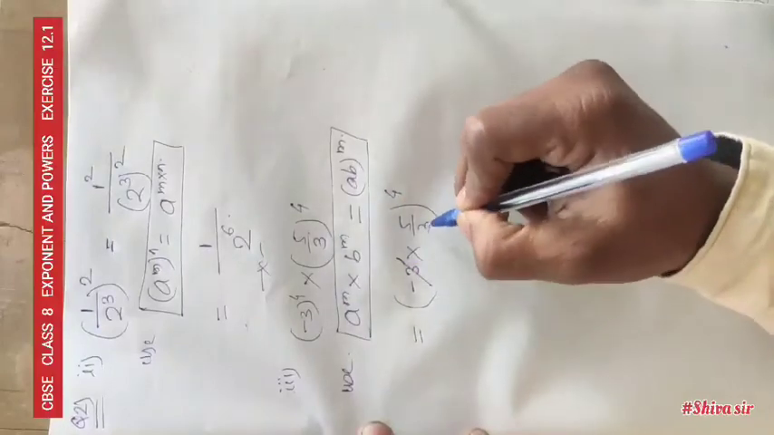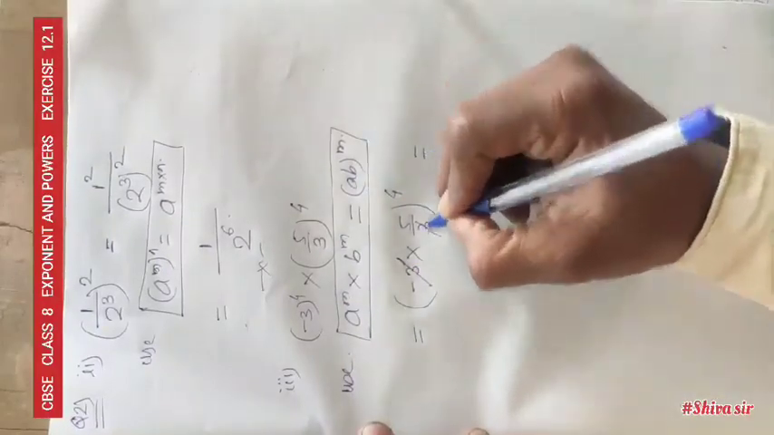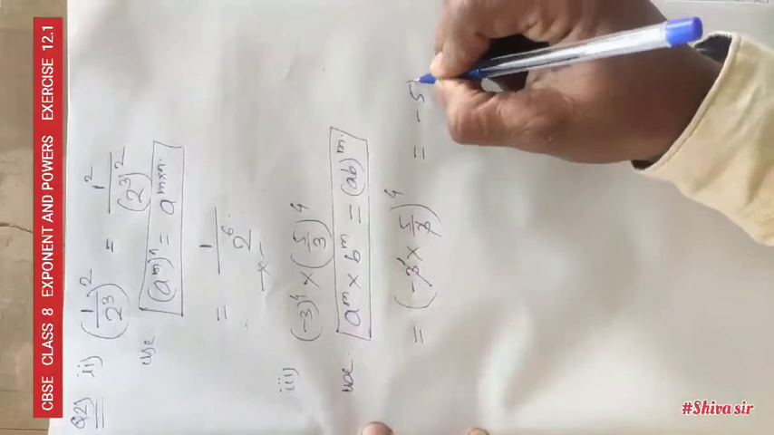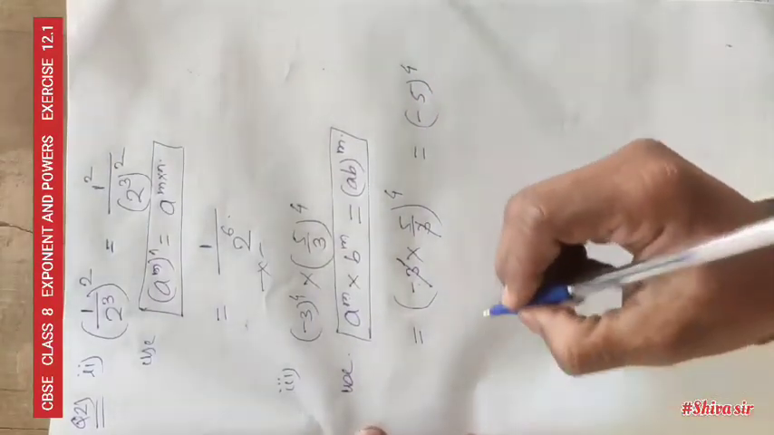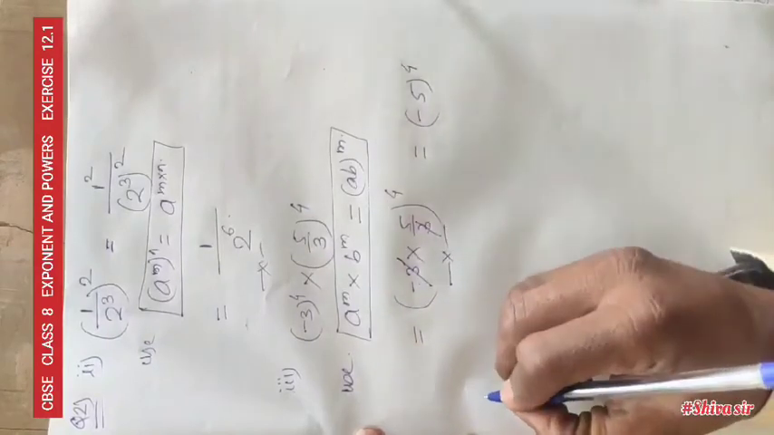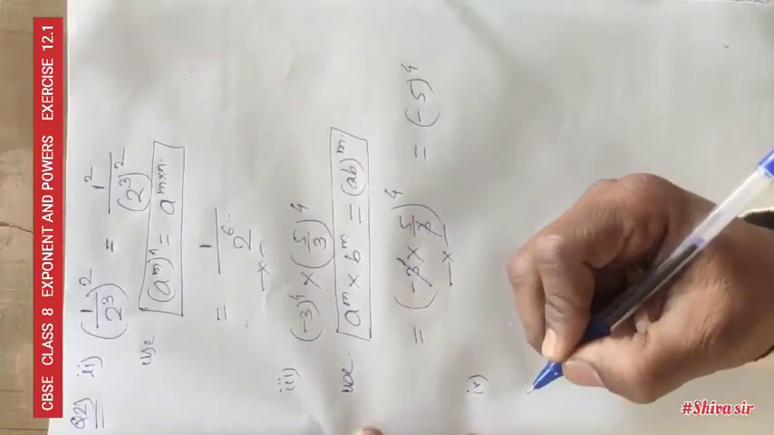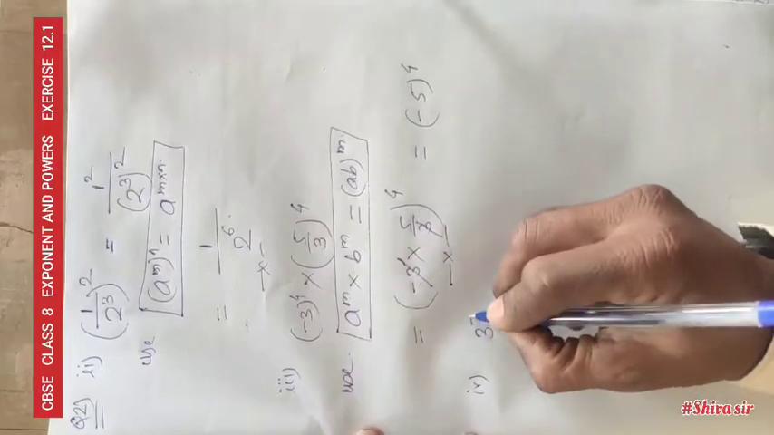Into this bracket, 3 get cancelled. And this is minus 1 into 5, minus 5 raised to the power 4. It is the answer. This is example number 3. Now, example number 4 is 3 raised to the power minus 7